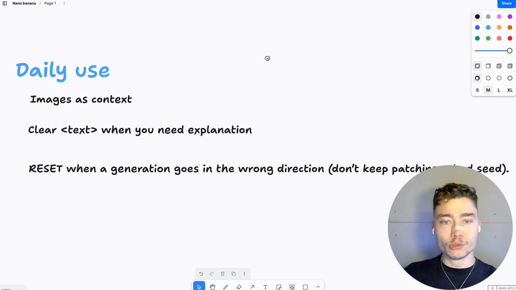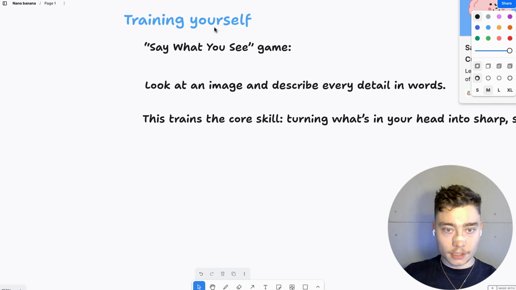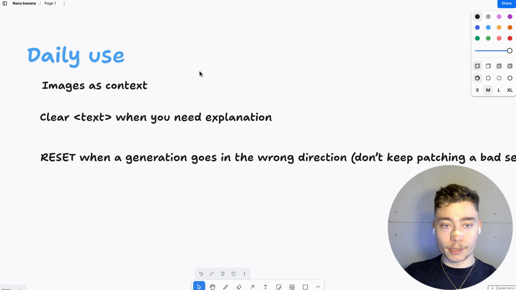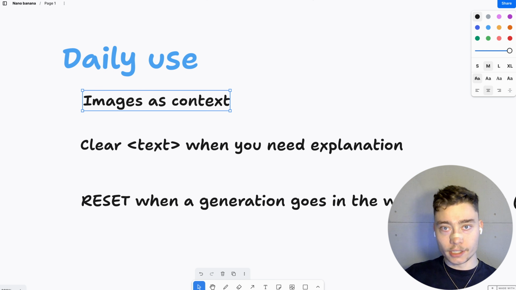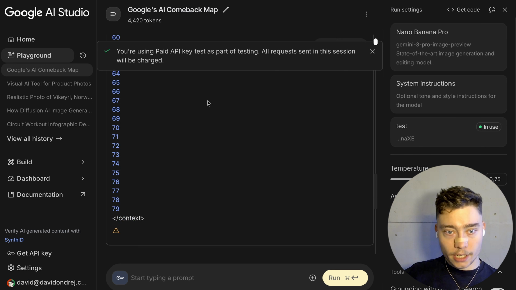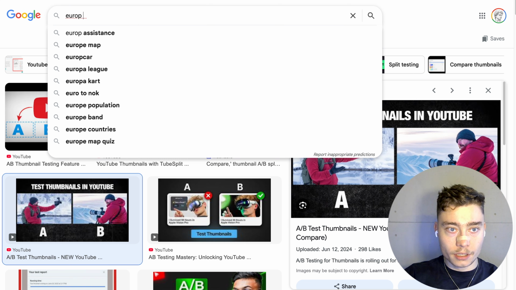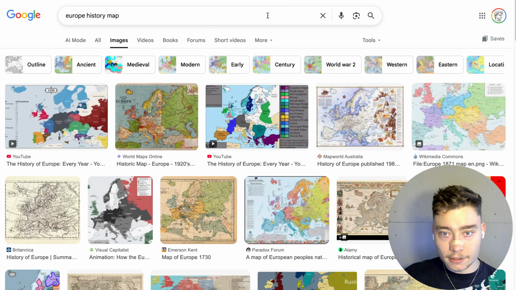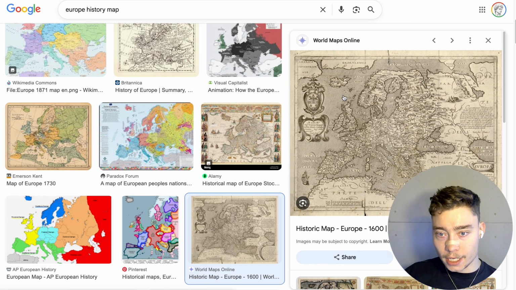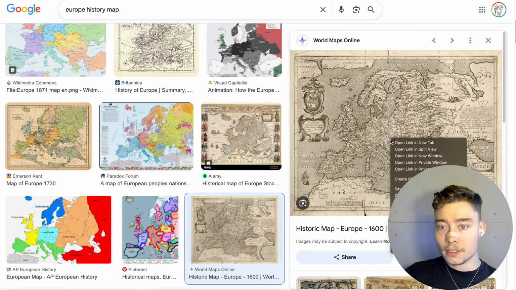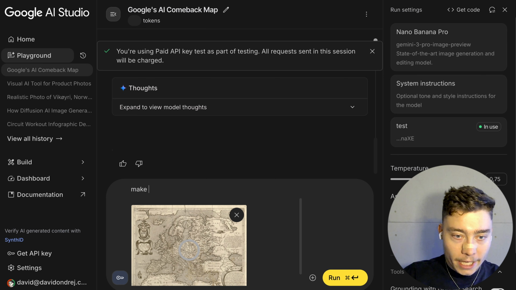Now, in terms of your daily use, how do you get better, right? So this is more for training yourself, upskilling yourself. Let's look at daily use. When you're using Nano Banana Pro in your business, in your work, first of all, include images and context, right? So let's say in this example where I had the map generated, if I just went to Google and searched Europe history map, and I looked for a format that I like, so maybe I want something like this, really hand created, detailed stuff like that. I would copy that, boom, go into Google AI Studio, paste it, and say, make the map look